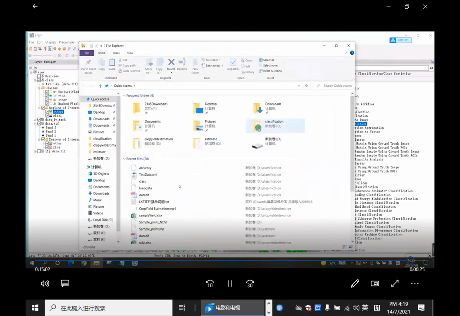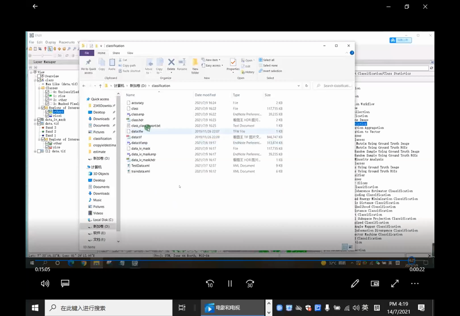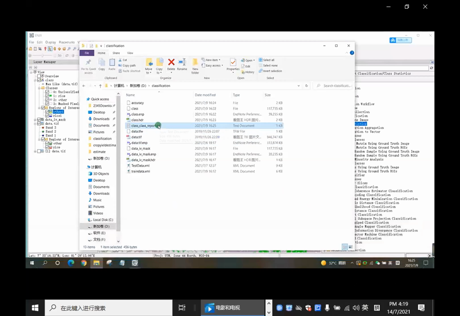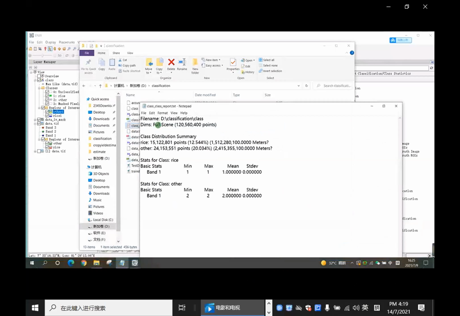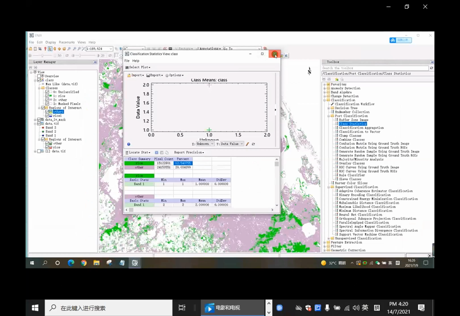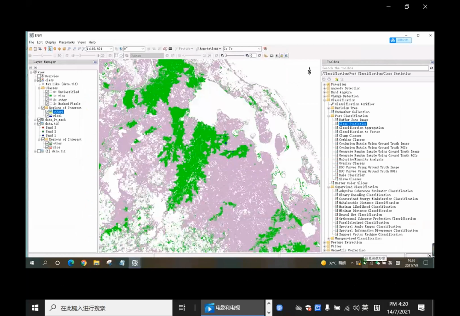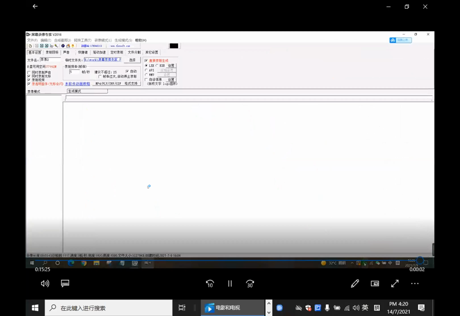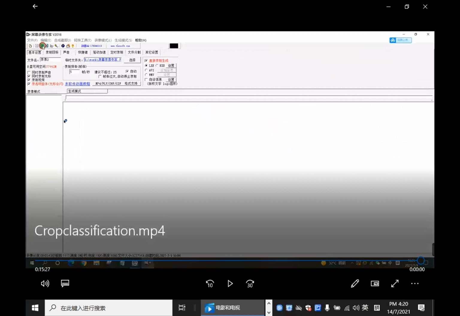Okay, we can also click that. Okay, that shows the acreage and the ratio of these two kinds of crops. Okay, that's all for the crop classification